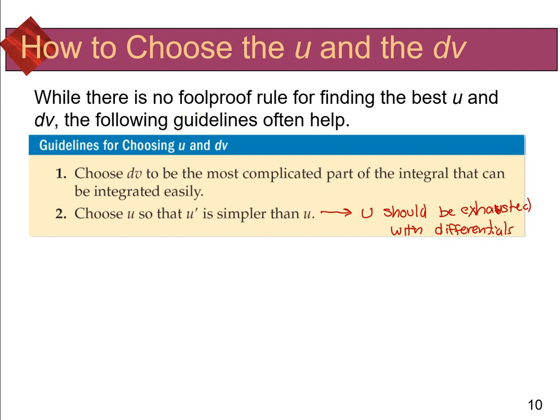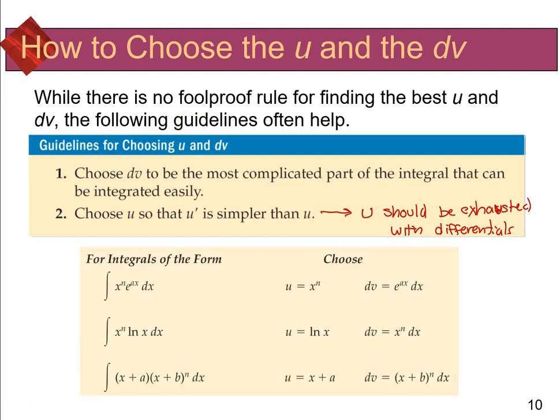For more specifics, these are some more general guidelines. If I have something of the form x to the n times e to the ax power, notice it's ax, not a to the x squared or something like that, then usually u should be x to the n power, and dv should be e to the ax dx. When I'm dealing with x to the n times the natural log of x, u should be the natural log of x,